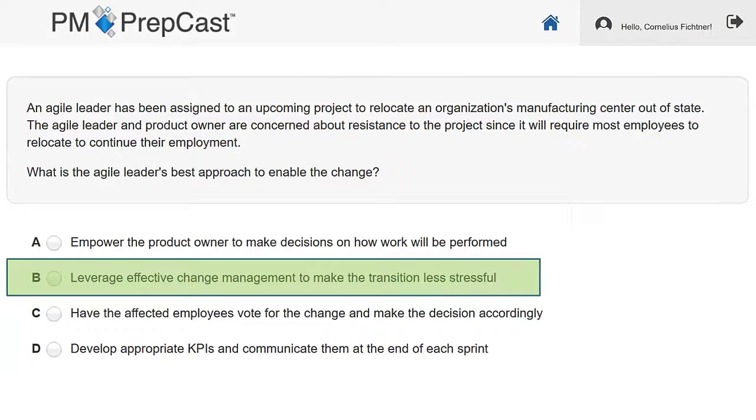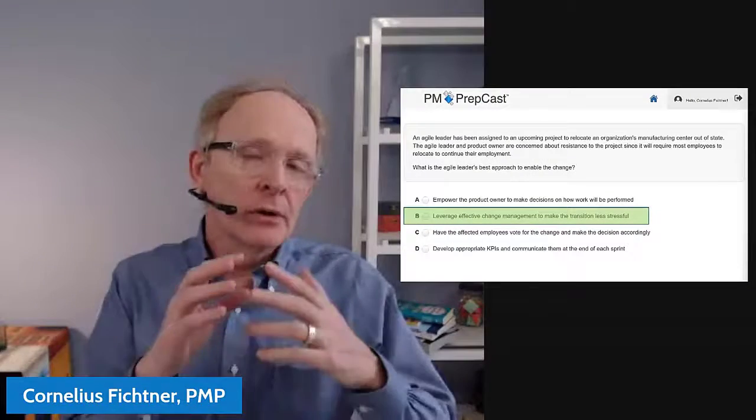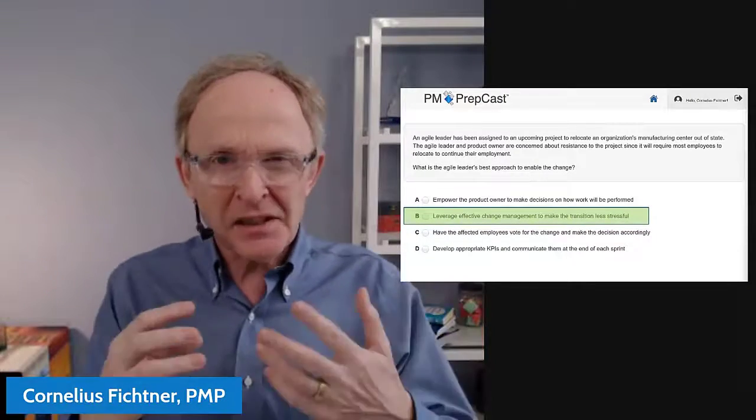Maybe one final thing before we move on here. If you're thinking that relocating an organization's manufacturing center as an agile project may be counterintuitive, yeah, well, agile projects are typically associated with knowledge work, software development, things like that. And whether this is the case or not, nothing prevents an organization from using agile methods to undertake other initiatives, such as this here, which, if you look at it from a high perspective,